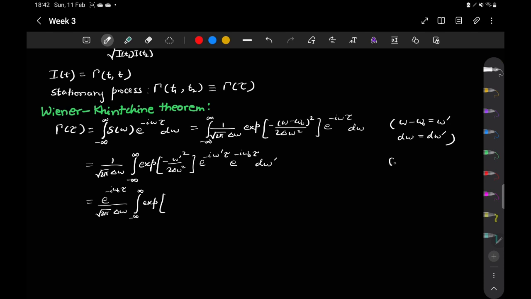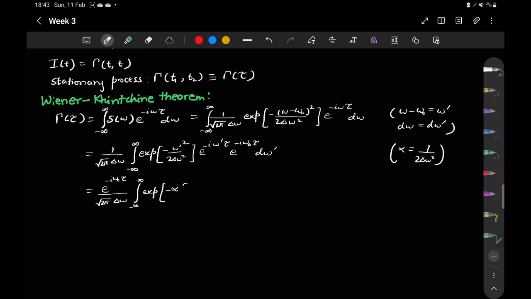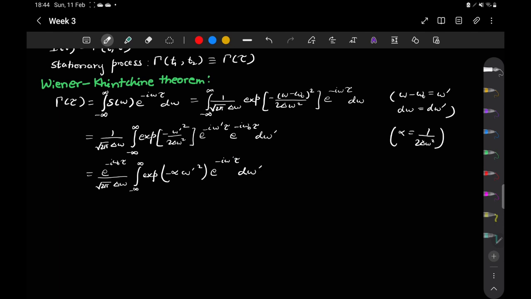Let me make another substitution. Let alpha be equal to 1 over 2 delta omega squared. So this is minus alpha omega prime squared, exponential minus i omega prime tau, d omega prime. Now I will use the method of completing the whole squares